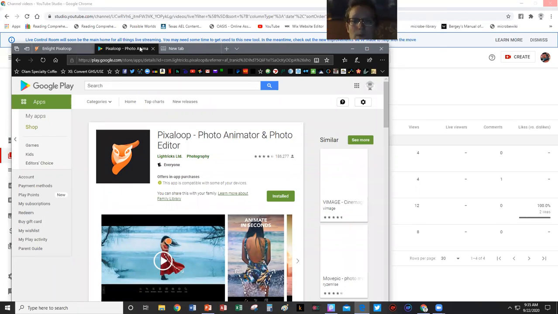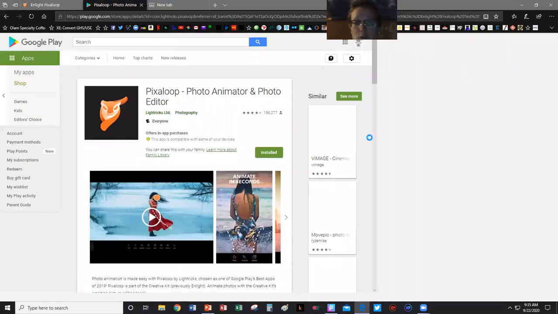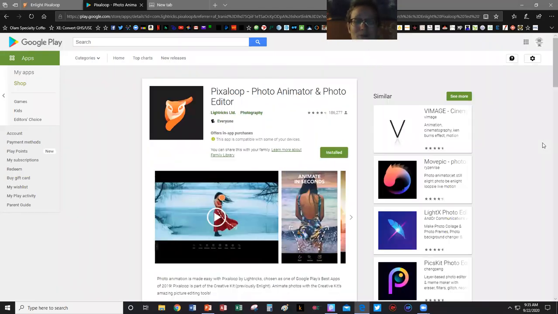Oops, come out of the way. So when I put in Pixaloop, it's going to show you all over on the side all the similar ones. What I don't like about Pixaloop is it's only available for Android and for Apple. I may start looking at some of these other ones that are able to use on a desktop. Maybe I'll luck into one that's like PixArt that also has an online presence that I can actually go in and manipulate my photos online.